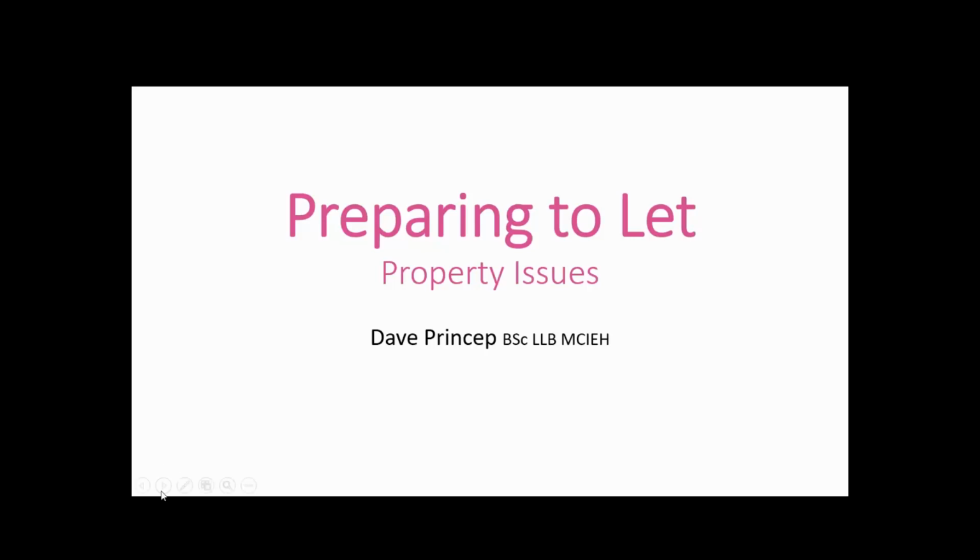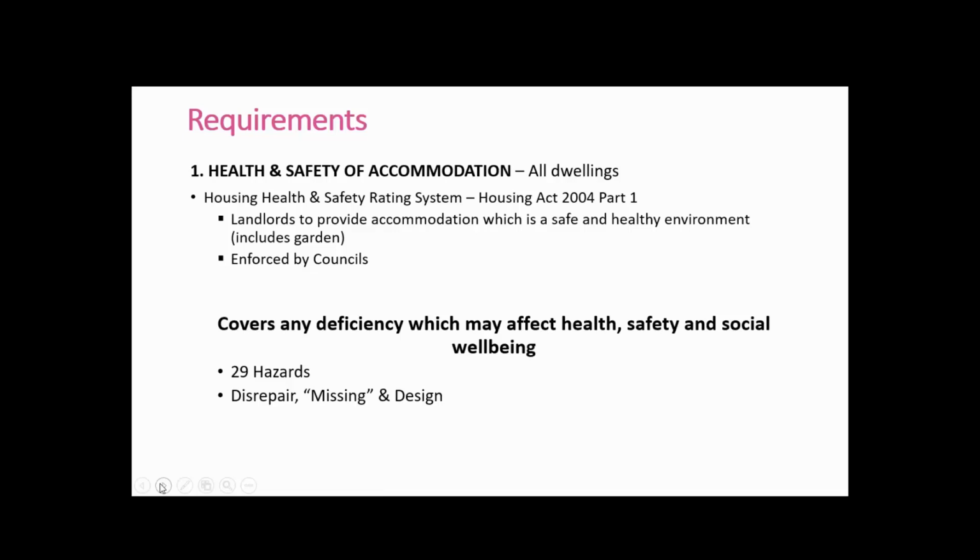Okay, let's move that around. There we go. Okay, so what we're going to look at first of all is the sort of things that you just need to consider, the legislation that affects property safety issues. And the first is really the health and safety of the accommodation, that all premises must be safe. And the system which is used now to assess the suitability of a property is the wonderfully named Housing Health and Safety Rating System, which is a tongue twister in itself, introduced in 2004, and this is enforced by the council,